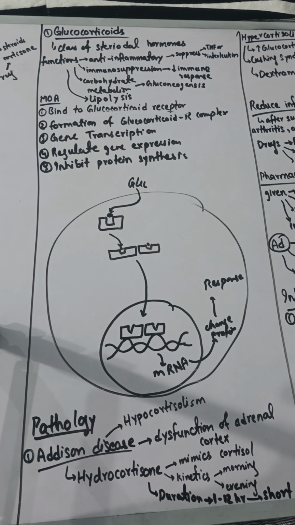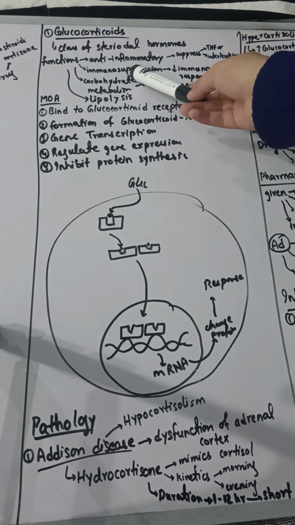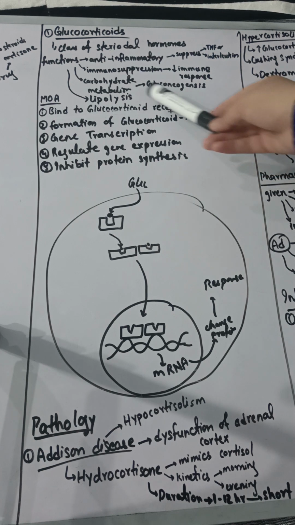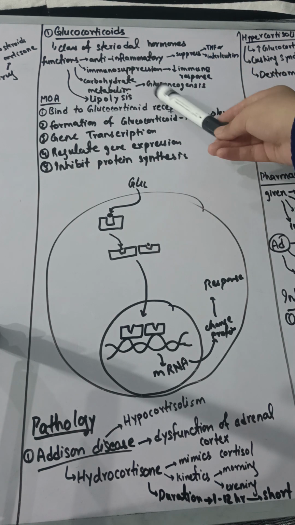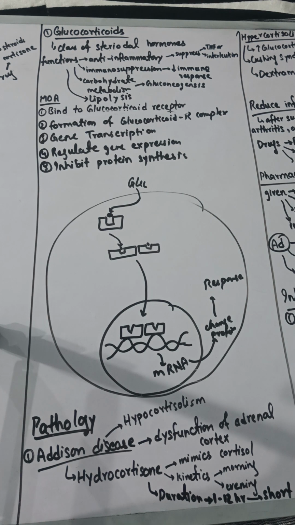They are also very important for the asthmatic patient, and for all those patients who have inflammation in them. And it also has a very important function in carbohydrate metabolism, because it is metabolizing the carbohydrate, and also helping in gluconeogenesis, meaning the production of glucose. So at the same time it is metabolizing the glucose, and at the same time they are producing the glucose. So they are doing opposite functions at the same time.